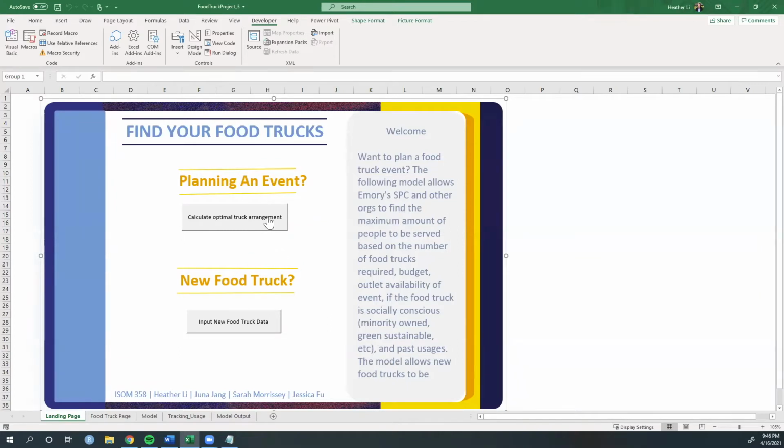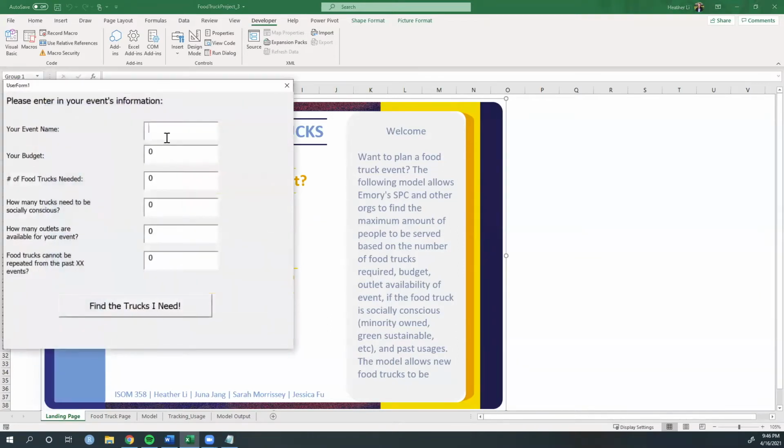that helps build the model's constraints. We ask them for the event budget and event name. So for the purposes of this demonstration, we'll say 5,000. How many food trucks they will need, how many food trucks need to be socially conscious, such as being female or Black owned, we'll say 1 here, and how many outlets available at the event location, such as, for example, Asbury Circle, there's only 1 outlet available at that place, and so it's an important consideration because some food trucks